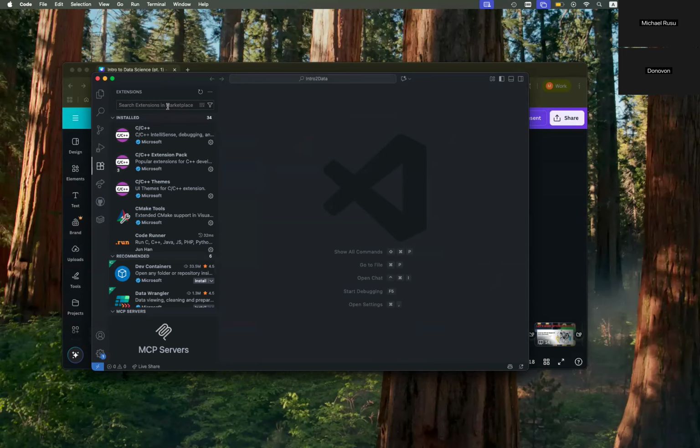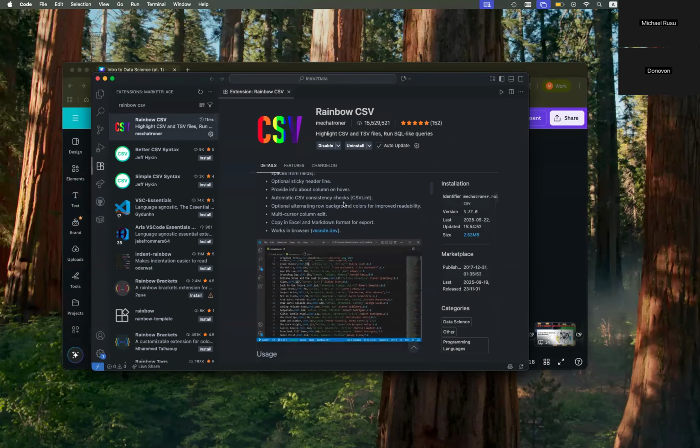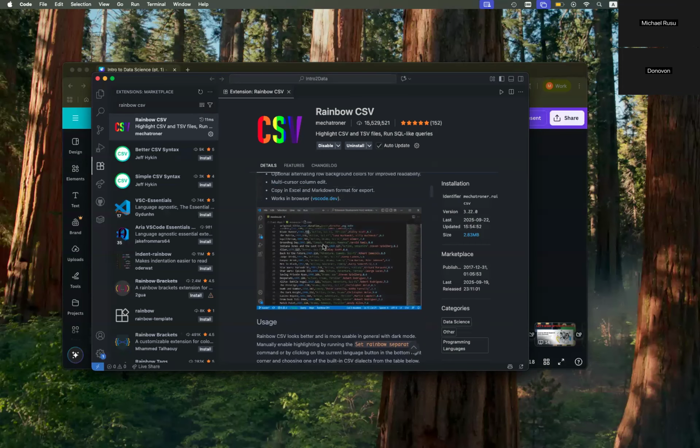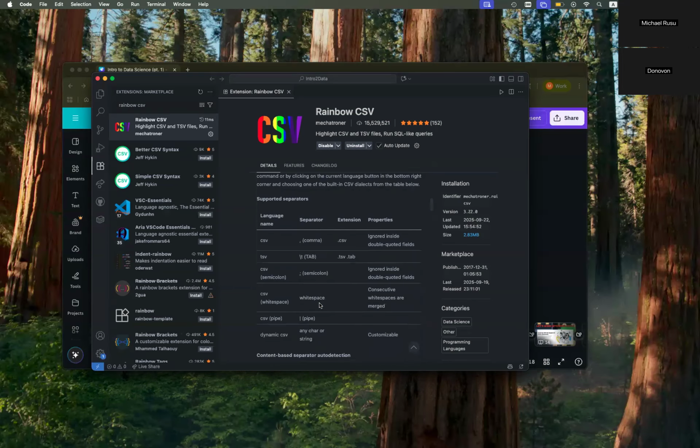Oh, and a quick tip for anyone working in data science. A lot of files you'll be working with are primarily CSV, or you could be working with others like JSON. But I recommend installing Rainbow CSV, if it shows up. This will make your data sets not colorless and plain. It'll show you the column or the feature and the data in the same color, so you'll be able to distinguish which is which. I'll show you this in a minute.